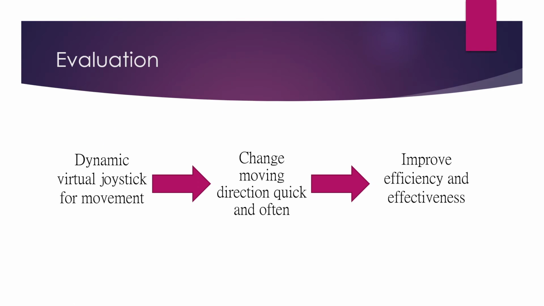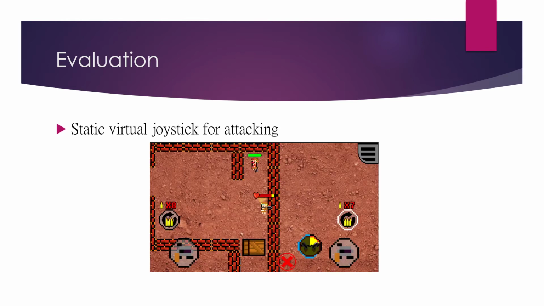And just a quick summary, why dynamic virtual joystick should be used for movement, because it allows players to change the moving direction quickly and often, which improves the user interface efficiency and effectiveness. Okay, speaking of virtual joystick, static joysticks on the other hand should be used for attacking because of the high